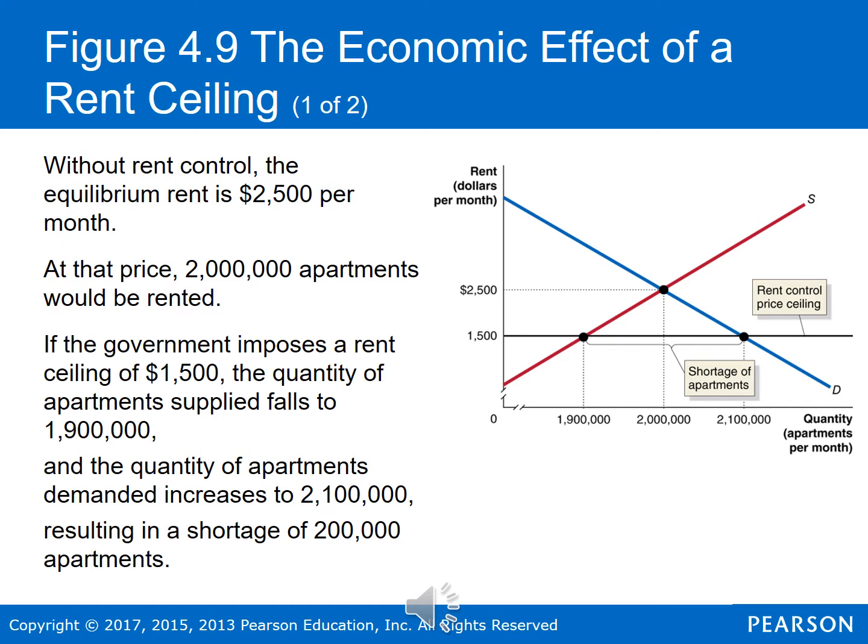And finally, we see quality deterioration. So the prices of rent stay the same, but the cost of everything else in society is increasing. Inflation rises over time. So the prices of the goods and services required to keep up apartments end up increasing, while the money landlords receive is staying the same. So what's going to happen? Rather than lose money, landlords will start using cheaper materials, they'll make repairs less often, and the quality of apartments is going to deteriorate. Eventually, it's going to be too much to upkeep these apartments at all.